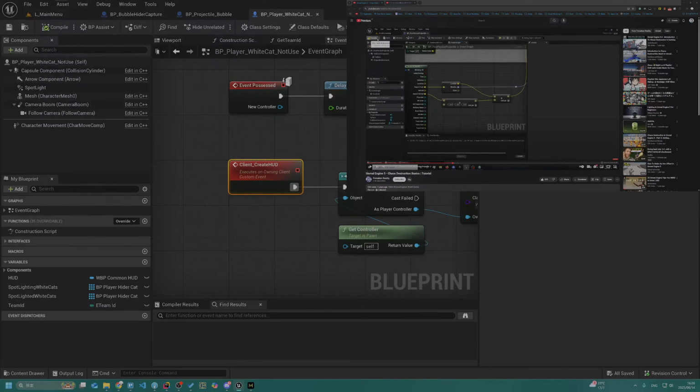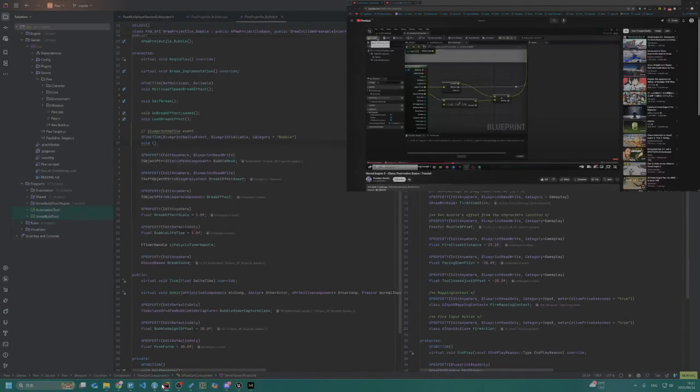Replicate. Just a custom event. Blueprint native event. Blueprint callable.